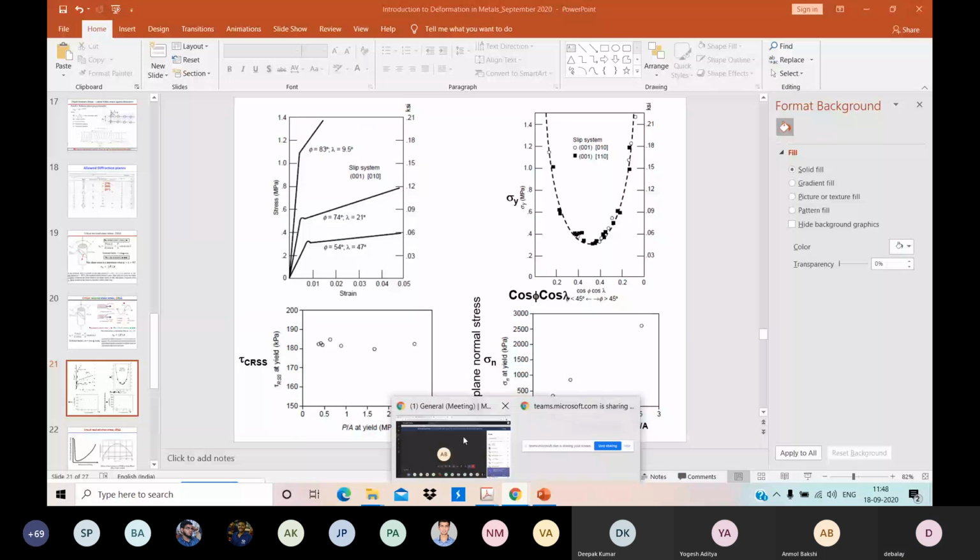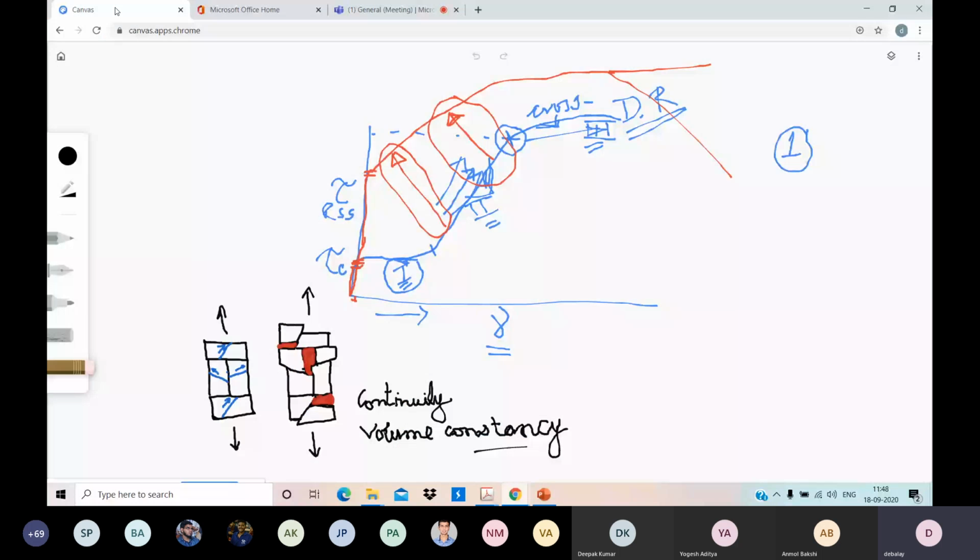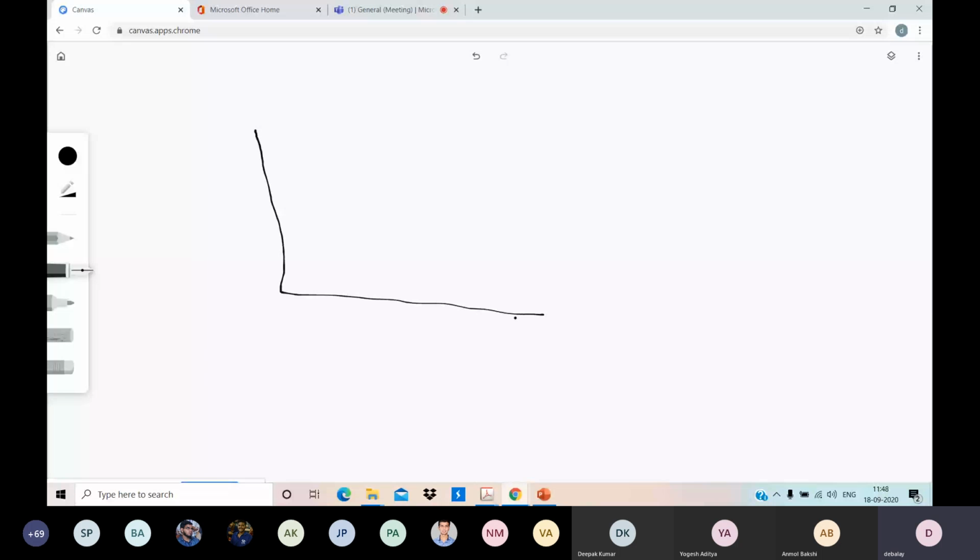In Herzberg book, because someone may say no, that concept is wrong, so experimental proof is necessary. Now CRSS considers all sorts of possible obstacles also. Pearl stress does not consider obstacles. It just tells that if a single dislocation has to move, on which road the movement will be easier. But critical resolved shear stress takes into account other obstacles also.